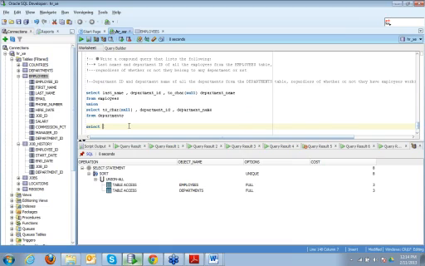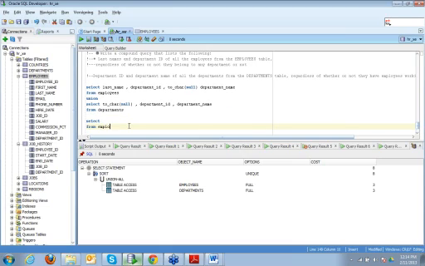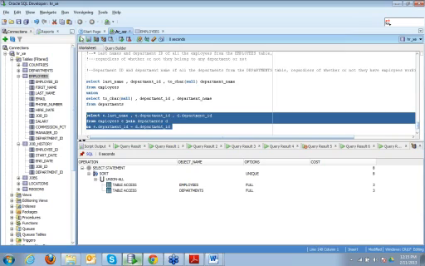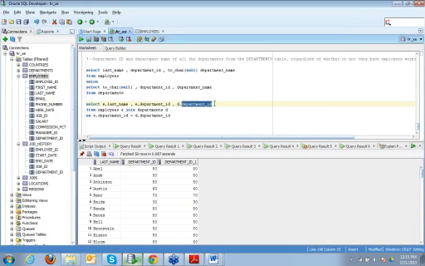So you can write here select from employees E join departments D on E.department ID is equal to D.department ID, and select E.last name, comma, E.department ID, comma, D.department name. And let us run this query.